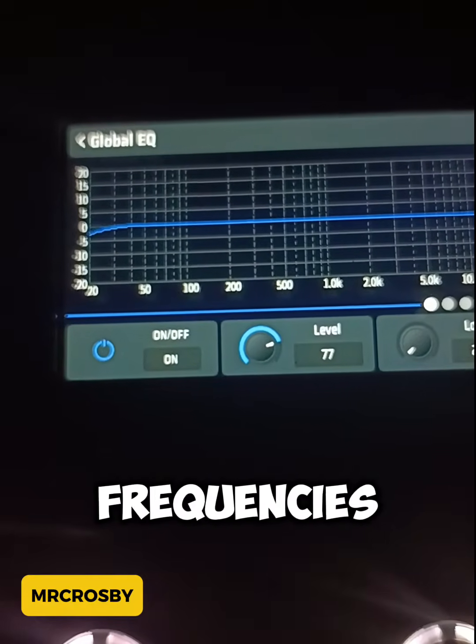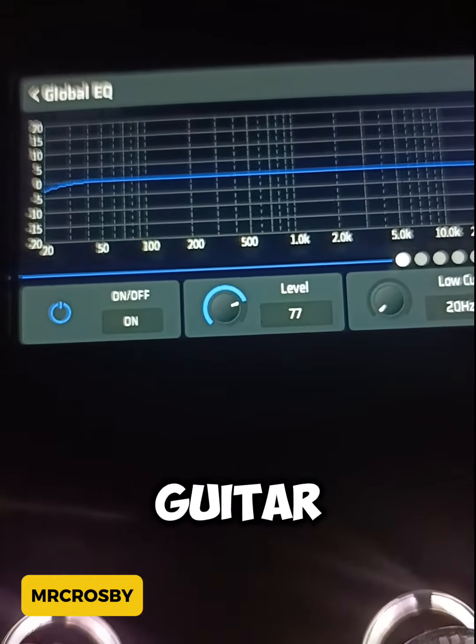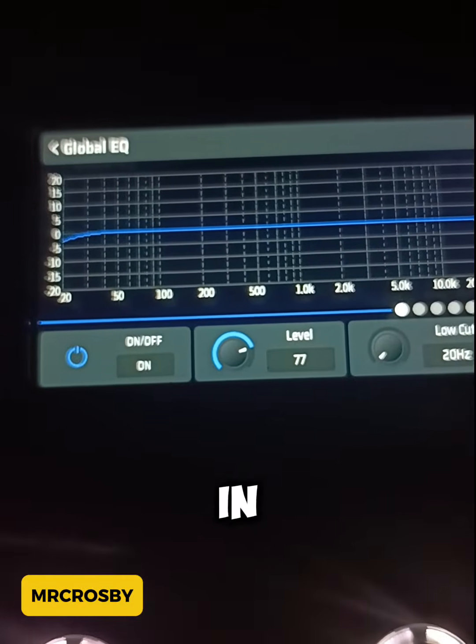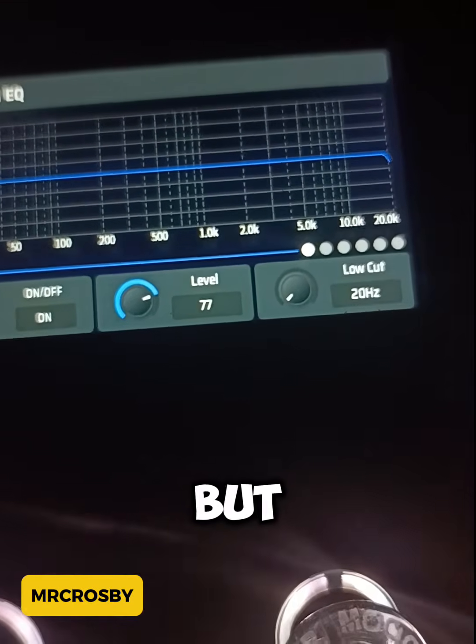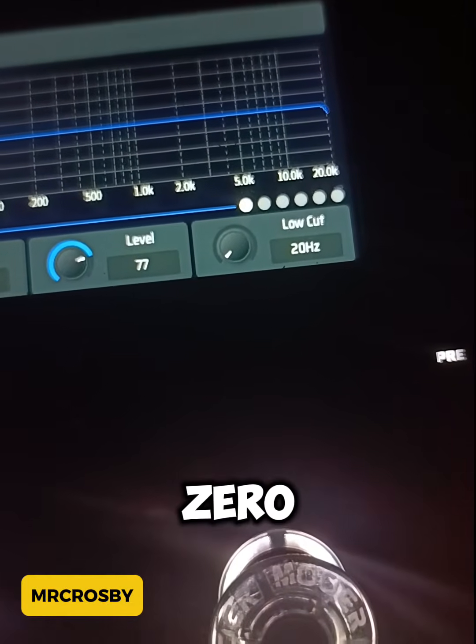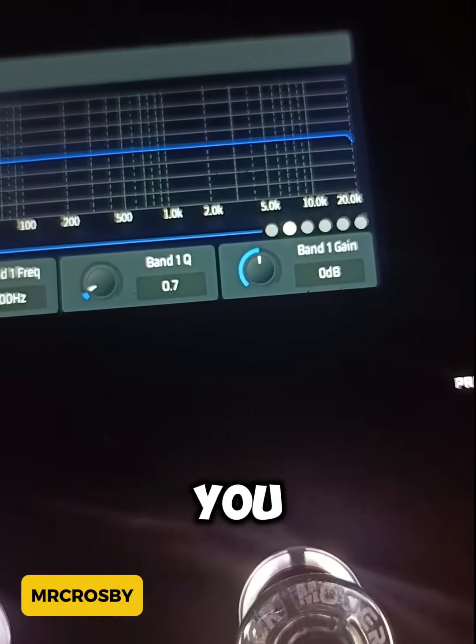Most of the low frequencies below 20 hertz on the guitar isn't really used in production. That's why I cut it off, but you can leave it at 0,